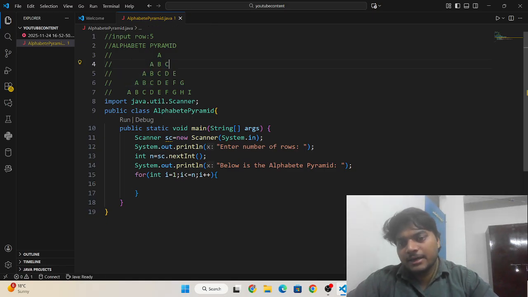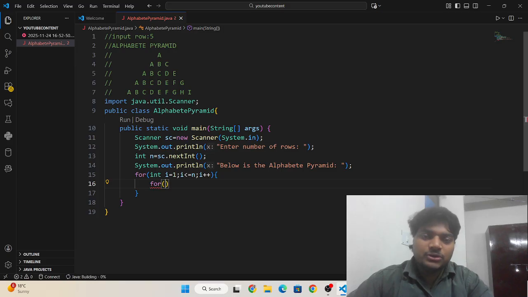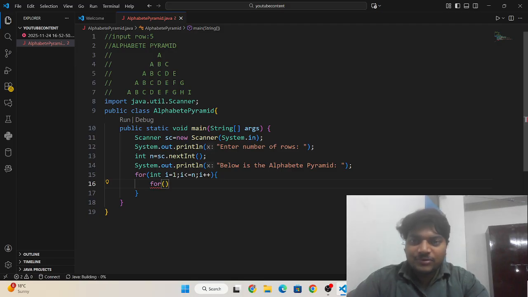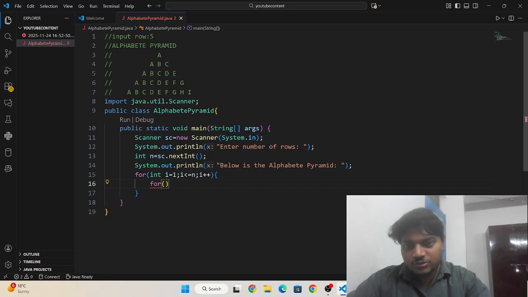Okay, and now I am going to write the first inner loop which is going to control the number of spaces to the left of the alphabet, so that the pyramid shape can be created.